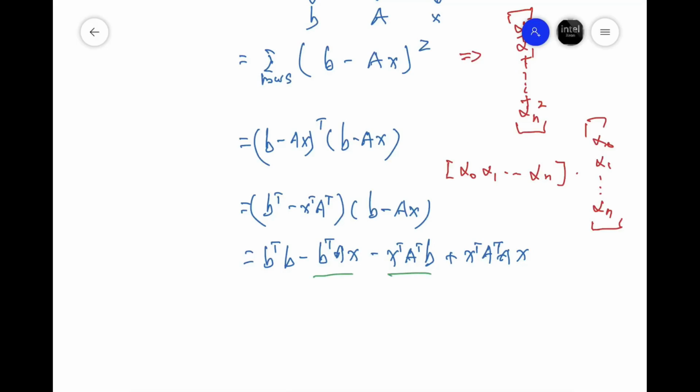this one and this one actually is the same. Why? Because in the end, we're just calculating the error term, and the error term is actually just a scalar. And so no matter B transpose B or B transpose times A times X, they all end up into a scalar. And for these two terms in the middle, it's either calculating from the first B times A and then times X, or the reverse way, X times A times B. They in the end end up with the same value. So